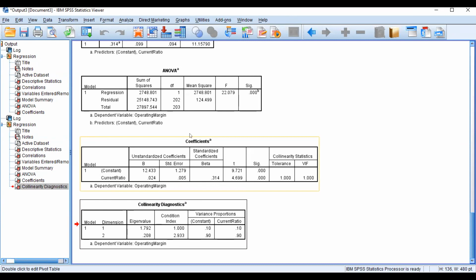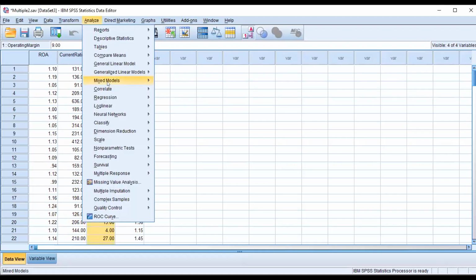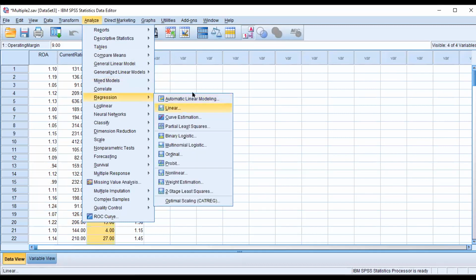Next, I wanted to increase the number of variables and check the impact on the R square value.